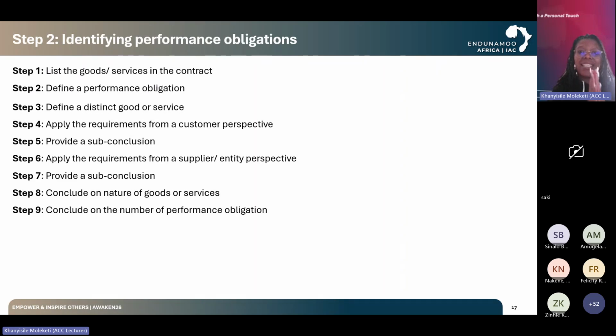So this is suggested exam technique, because typically, honestly, when anybody tests identifying performance obligations, so test step 2, it is generally a big question, right? And because there are a few considerations, because of capable of being distinct and the context of the contract, there's lots to consider. And I do think sometimes just seeing the mark allocation is intimidating, because then you don't know what